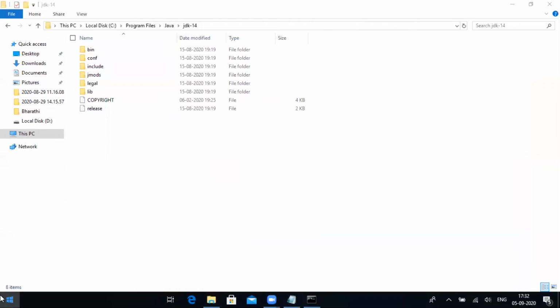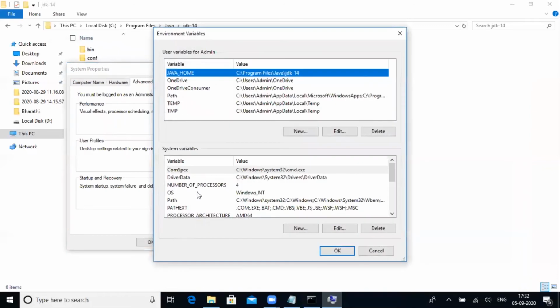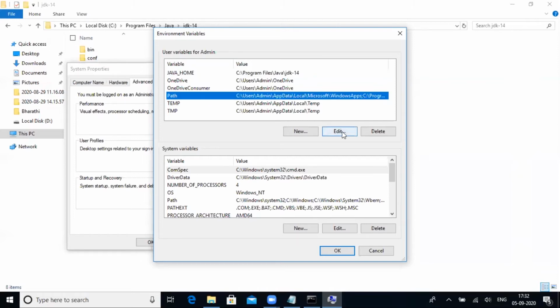Again, go to environment variables, edit system environment variables, go to environment variables. There is a path. For each and every application installed in your Windows, there will be a path created. Each one will have a location, that is called path. If one application depends on some software to run in the background, then you have to set this path. Since we are going to run our Selenium script using Java, I have to set the Java path. So there is a path. You simply click there and edit, or simply right click.